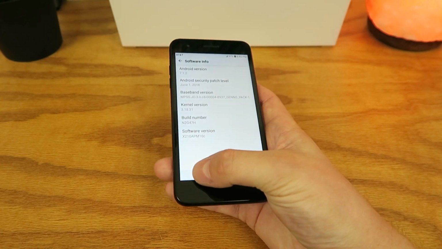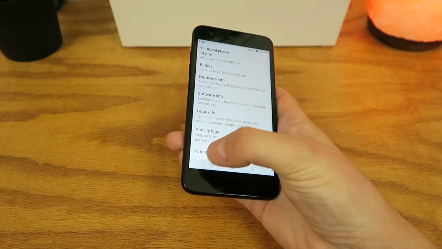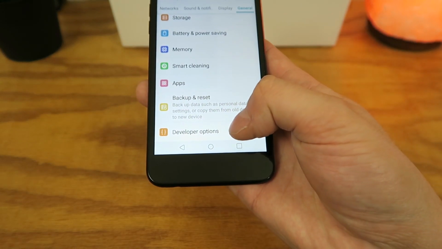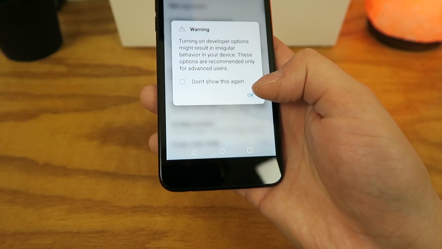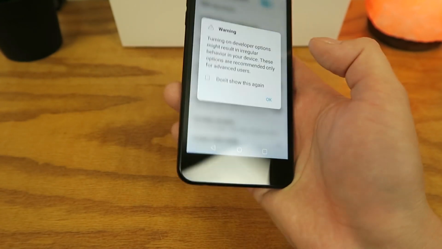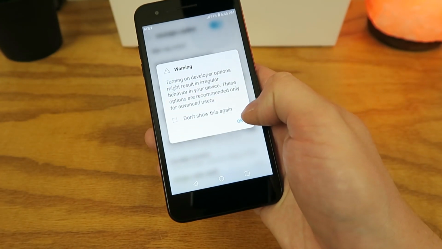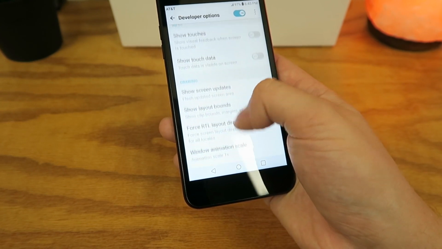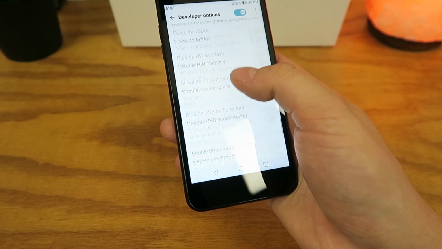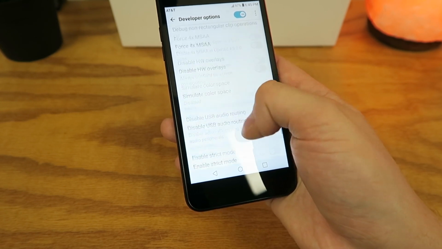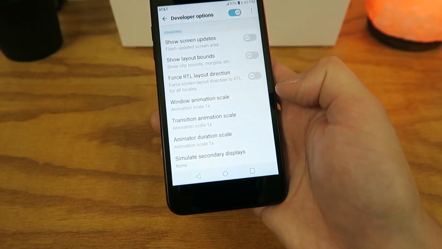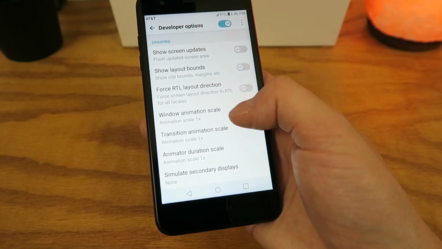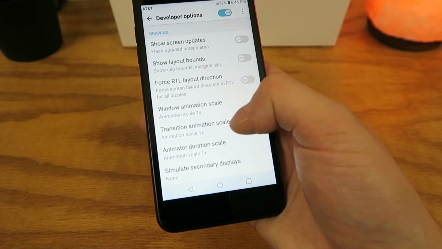Now that you're a developer, you need to go back one more time, and you're going to see this new option here called Developer Options. You're going to tap on Developer Options, and the warning's fine. This is totally normal. You're going to tap on OK here. Then you're going to go down until you get to animations, and I just passed it. Here we go, animations. So by default, the animation scale is set at 1x for the window animation, transition animation,